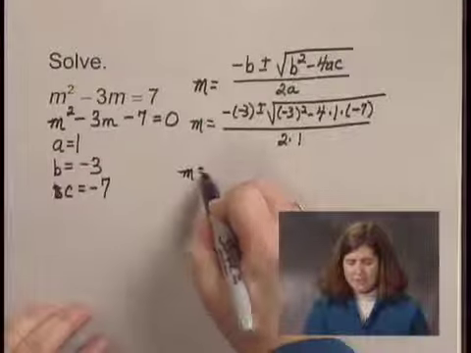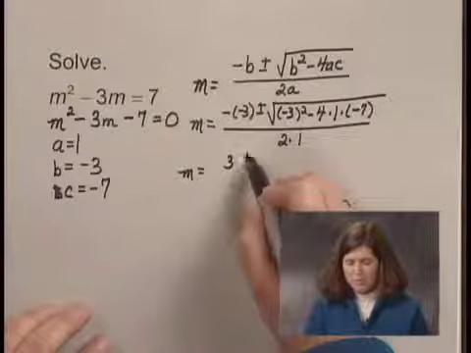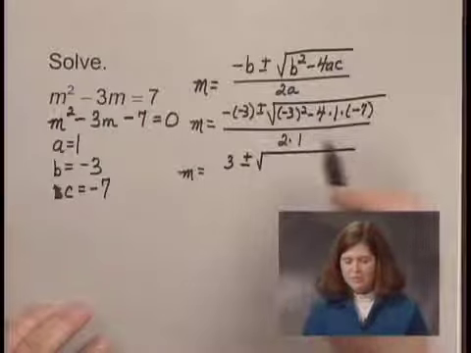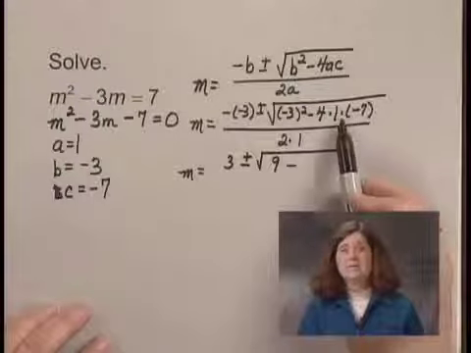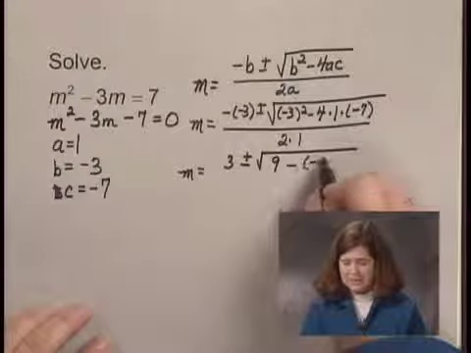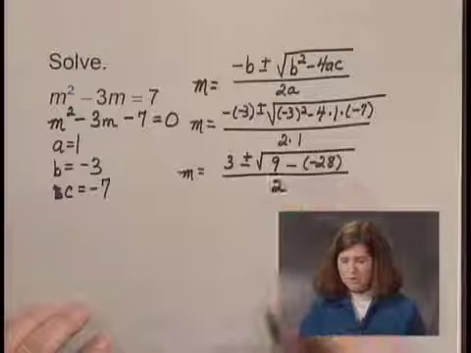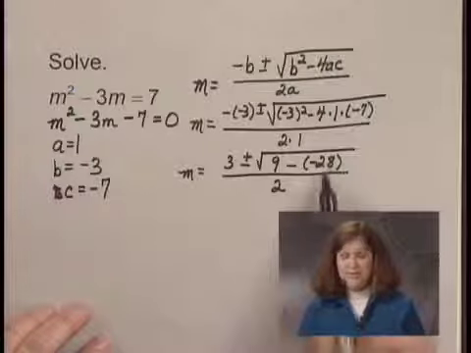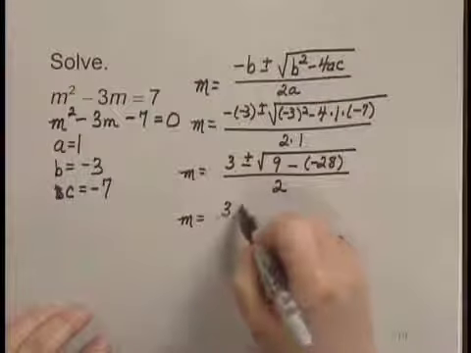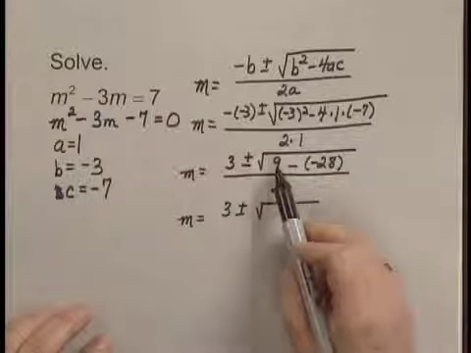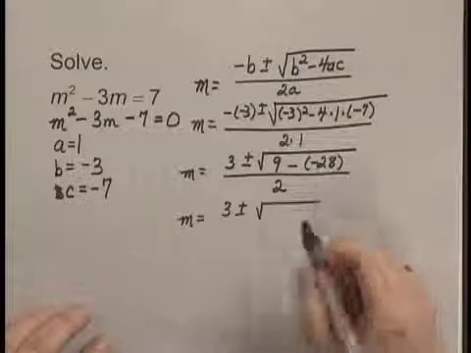Now I simplify. I have m equals the opposite of negative 3 is 3, plus or minus the square root of negative 3 squared is 9, minus 4 times 1 times negative 7 is negative 28. And that's all over 2 times 1, or 2. I can still simplify a little inside of the radical sign, so I have m equals 3 plus or minus the square root of 9 minus the negative 28 is 9 plus 28, which would be 37